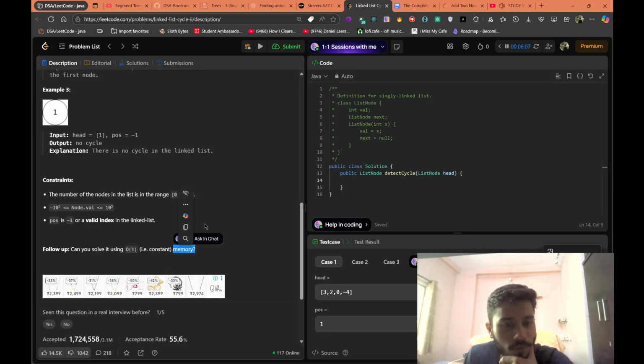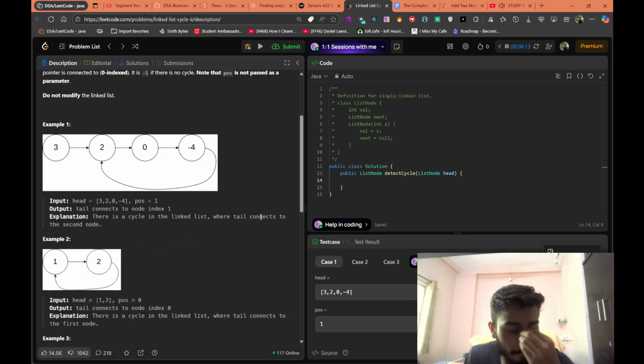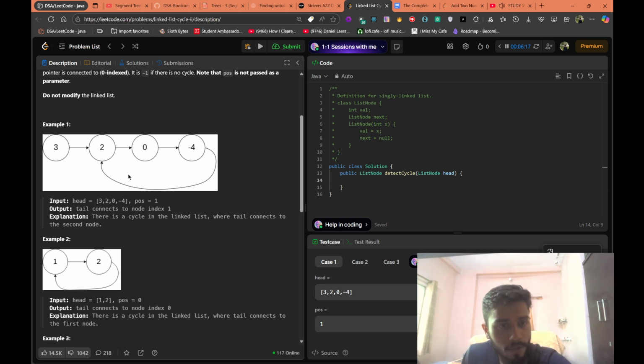That's what we are gonna do, of course, constant memory. So, yeah, what I can be doing is that if I need this distance x for another node to meet at 2 as well, I need a distance x as well. From wherever I point it, if from head I will be traveling distance x to meet the point where it